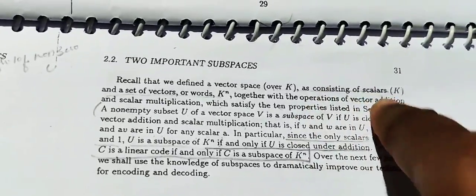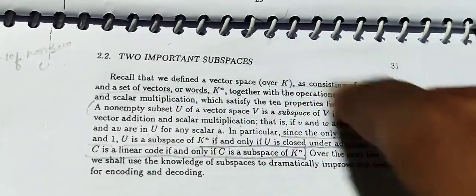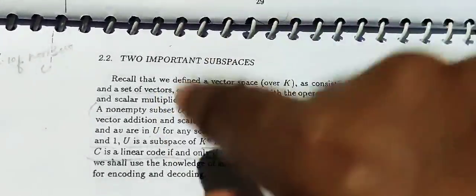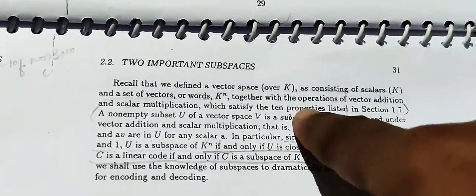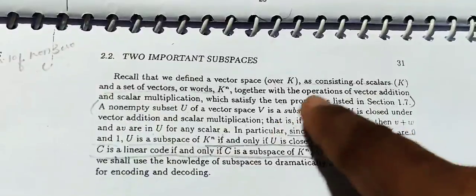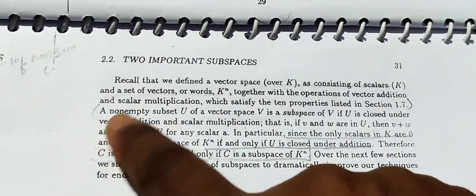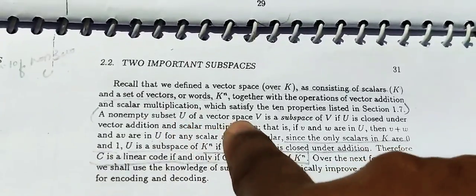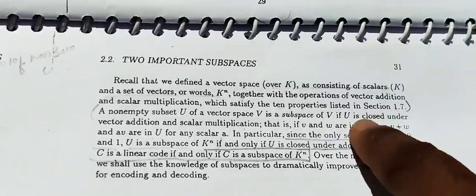Consisting of scalar k and the set of vectors of words k raised to n, together with the operations of vector addition and scalar multiplication. Already defined, which satisfy the 10 properties listed. In the first chapter we discussed the 10 properties. Okay, so a non-empty subset U of a vector space V is a subspace of V if U is closed